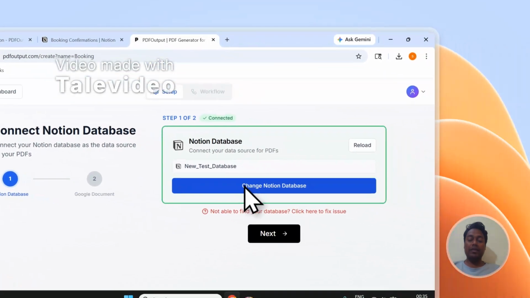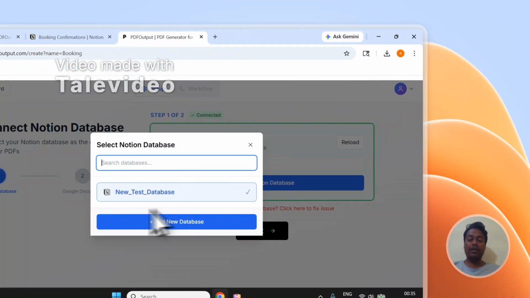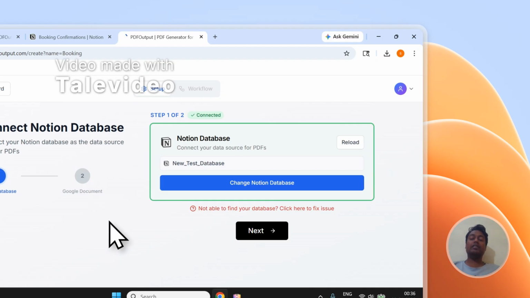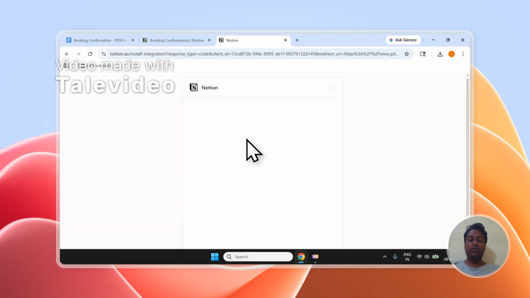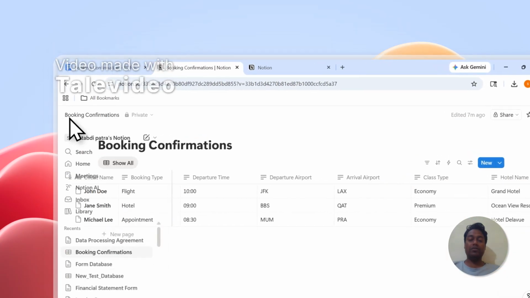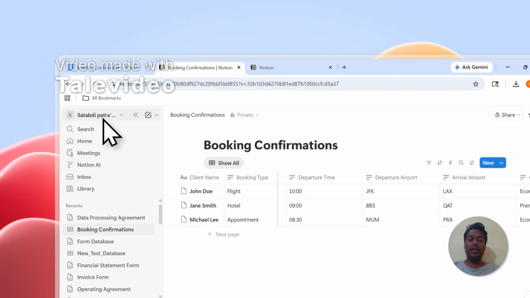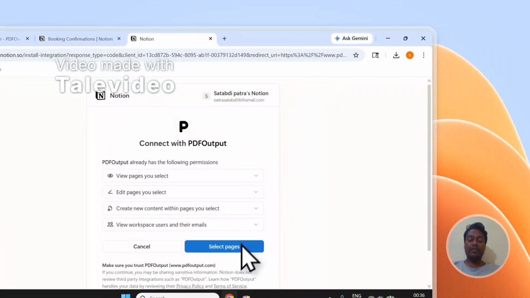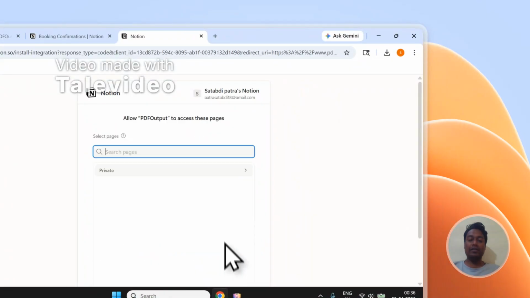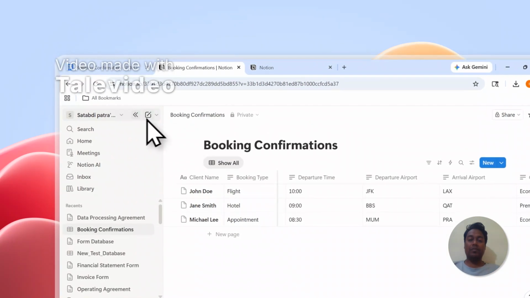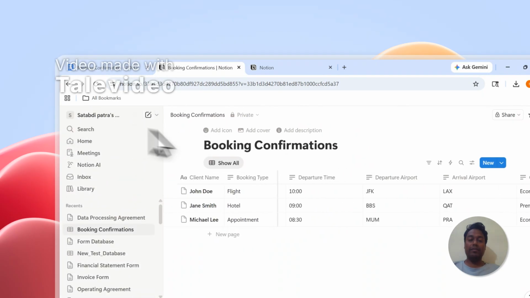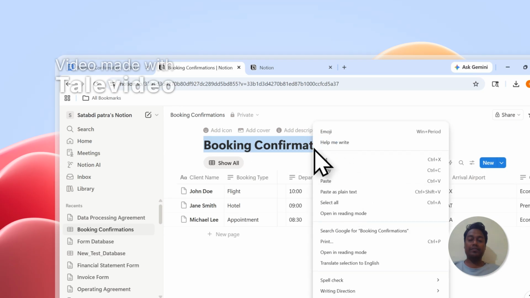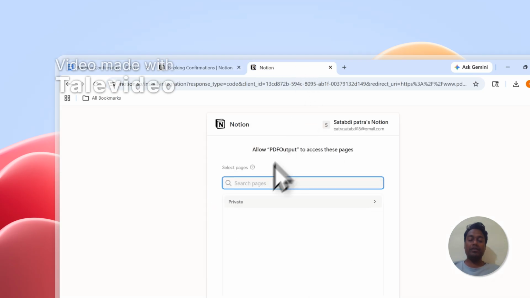I'll simply click on change Notion database and click on add new database. This will allow me to add a new database altogether to the setup. I will select the correct account. Make sure you select the particular account which you need and then you can proceed with the remaining steps. I'll click on select pages and I will simply copy the title of the database from here, and I will put the same inside the